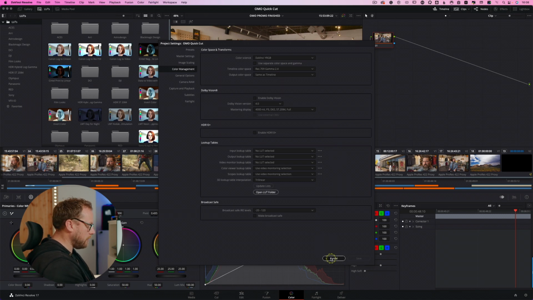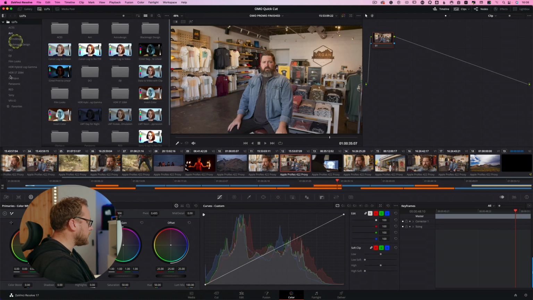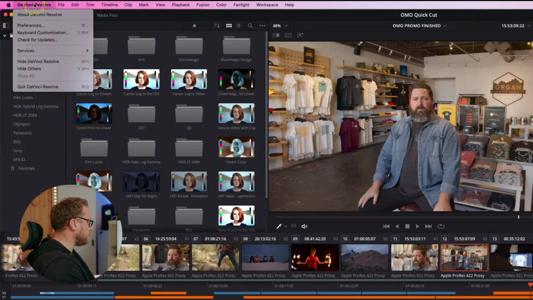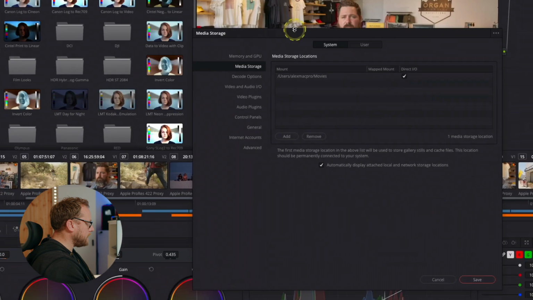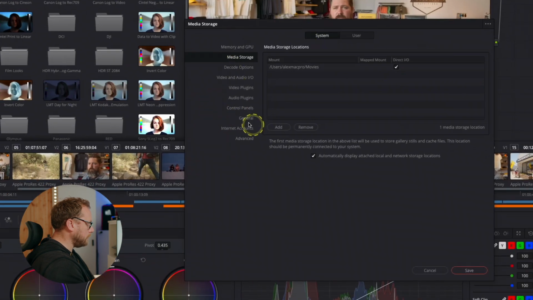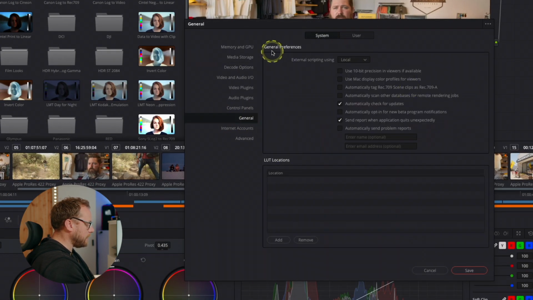So if I just keep off that for a second, I'm going to actually do this in DaVinci Resolve. I'm going to go to the Preferences, and under the System tab, I'm going to come down to General. And what you'll see here is that we actually have an option for LUT locations. And in DaVinci Resolve 17, they gave you the opportunity to bring LUTs in from different locations, because you may